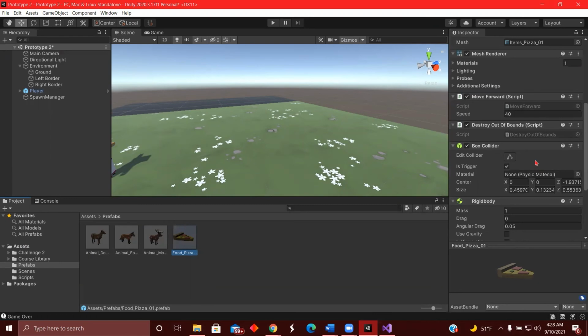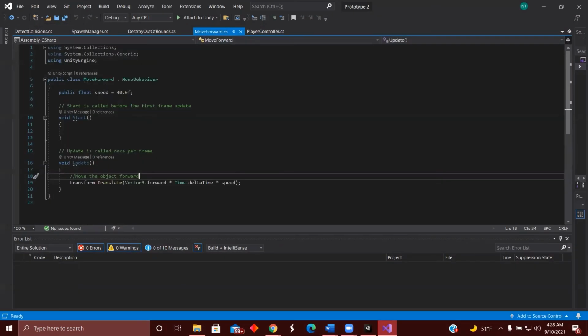Yes, because all of these objects move forward. It's a very simple script. It just says transform.Translate at every update, it moves the speed forward times delta time, so it's a consistent amount of speed. The speed here is set to 40